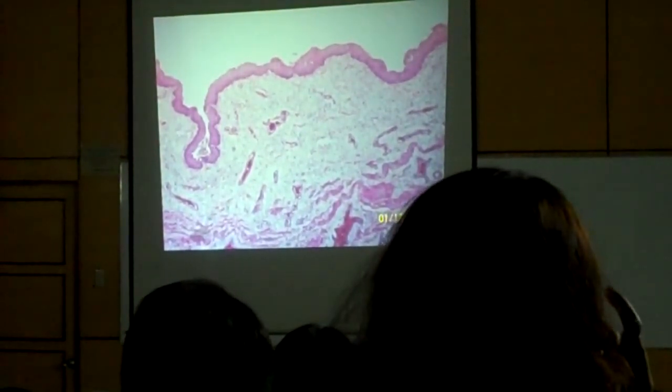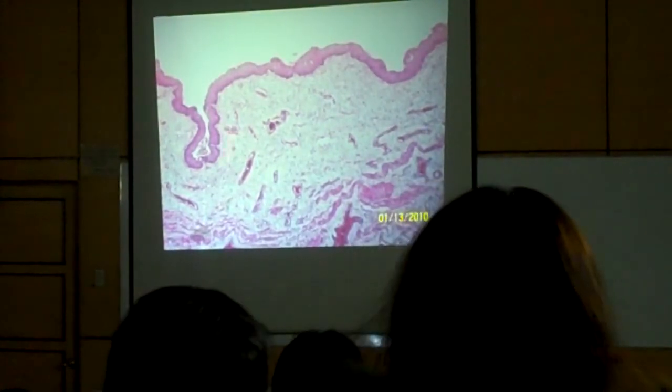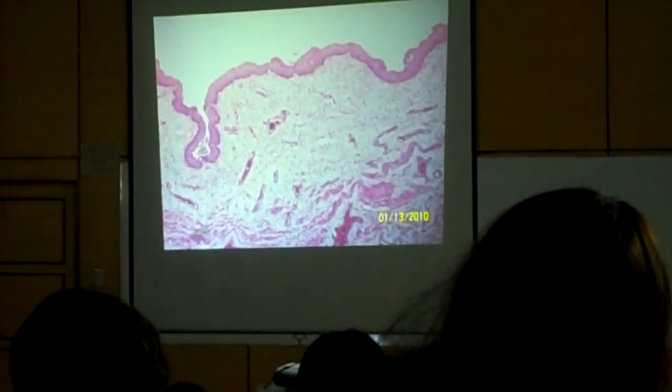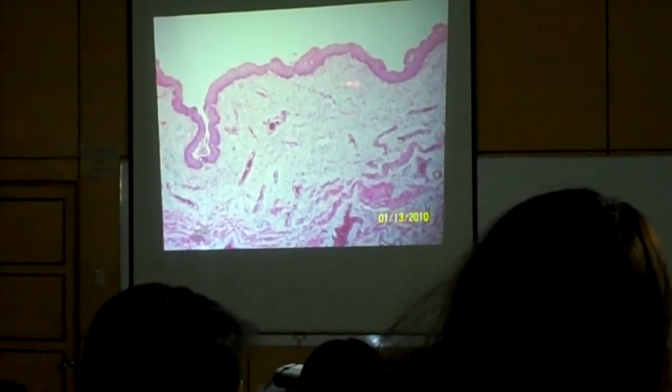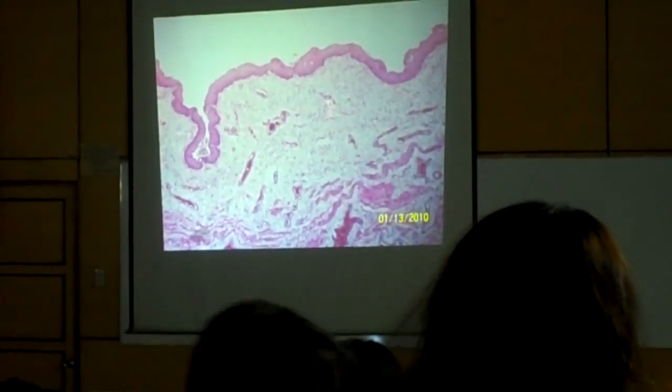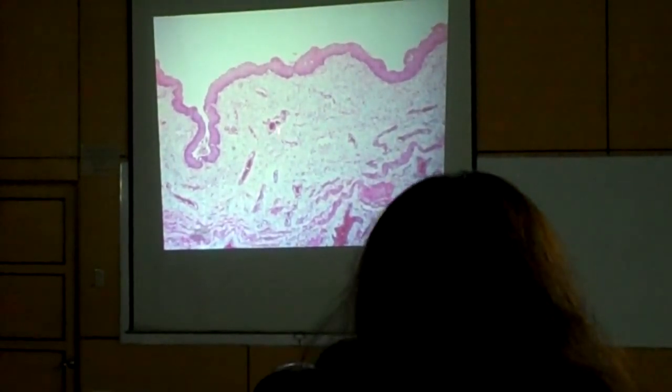Okay, identify the organ or the whole structure. Okay, section from the vagina, lined by non-keratinized stratified squamous epithelium. The lamina propria is richly